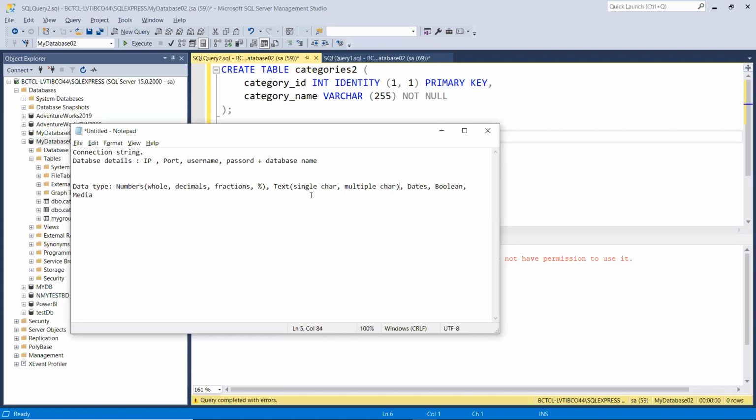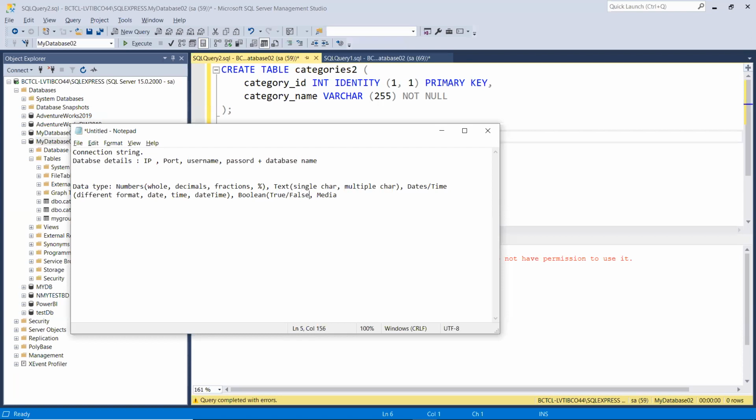When it comes to dates, we can have dates and times, and there we can have different formats: only dates, only time, or maybe a combination of date and time. Boolean is only one; it is not actually a true or false data type, it is just about what different values we can have.